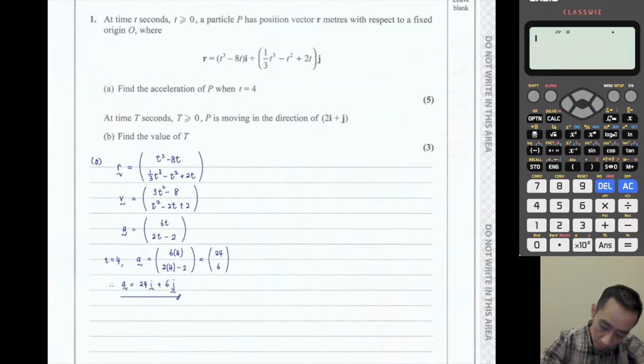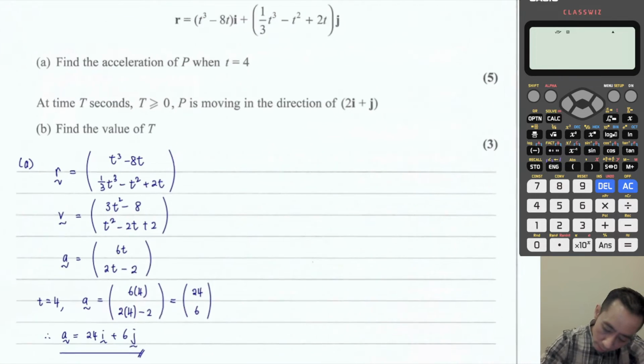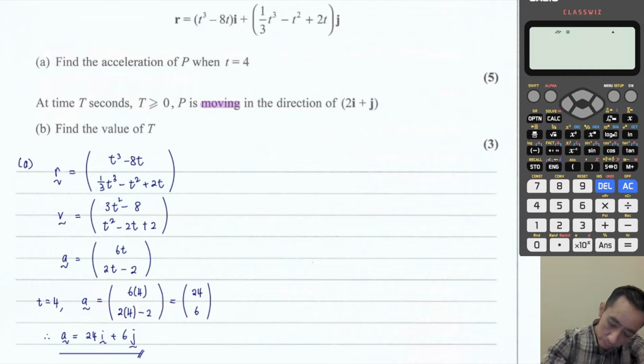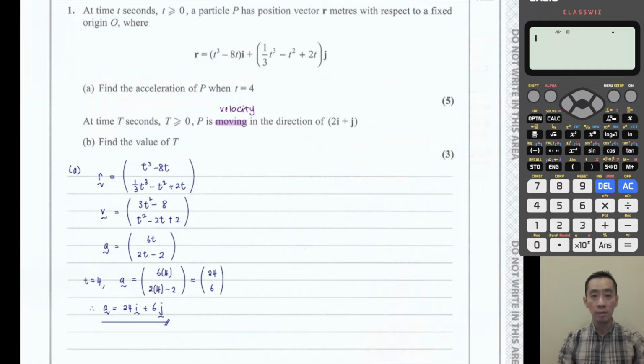So now for B, at time t seconds where t is bigger or equal to 0, P is moving in the direction 2i plus j. So we are asked to find the value of t. Now, the keyword here, moving. So moving means velocity. So the direction of the velocity is parallel to the direction 2i plus j. So which means,